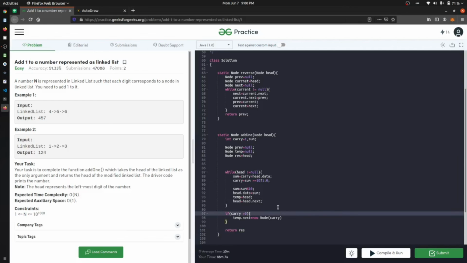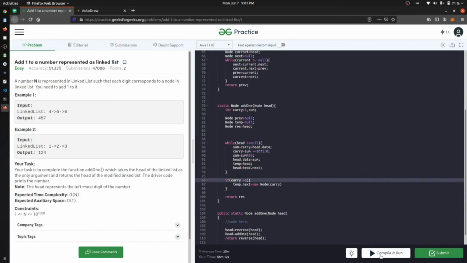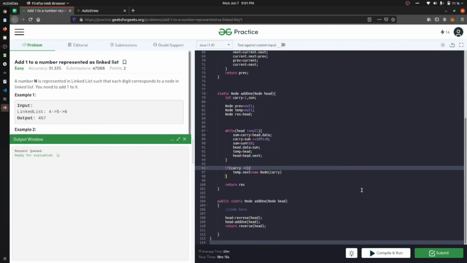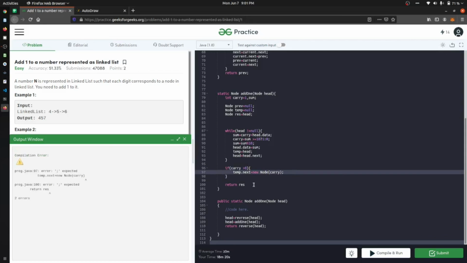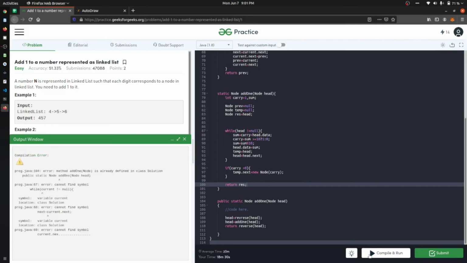Okay, so let's run it and check whether we are getting the output or not. Control run. We have an error, it is already defined. Oh sorry, we have already defined add 1, so let's create it as add.